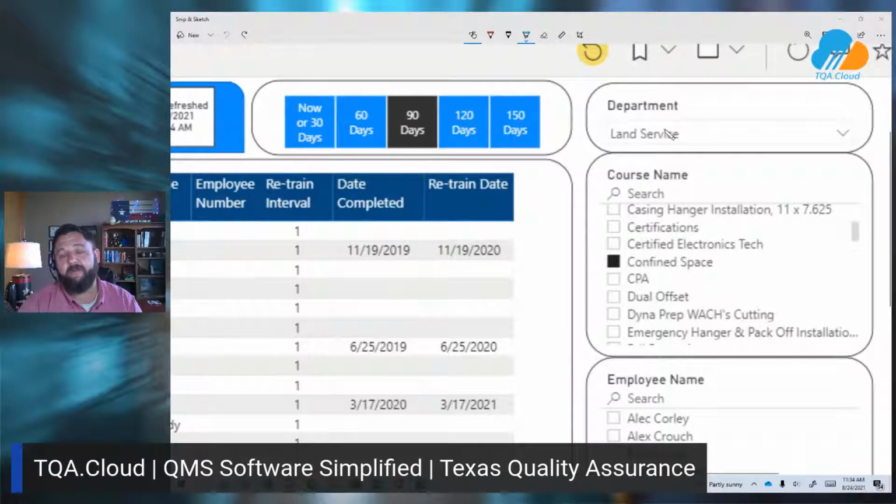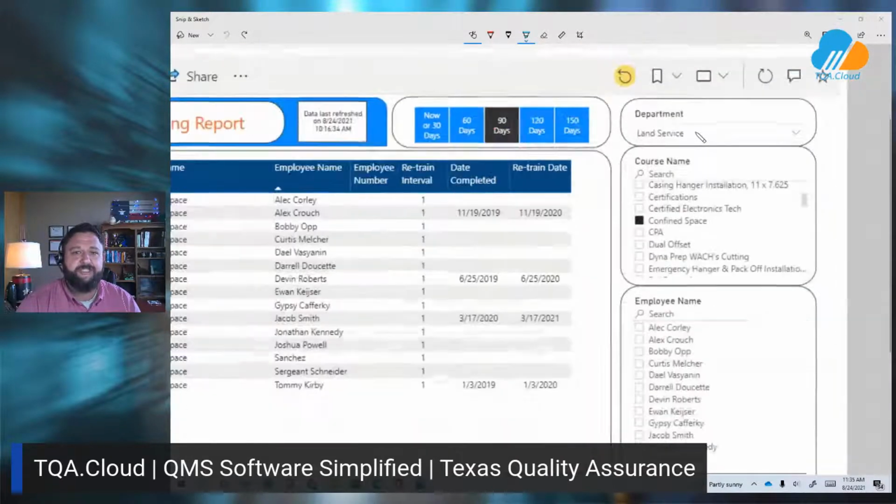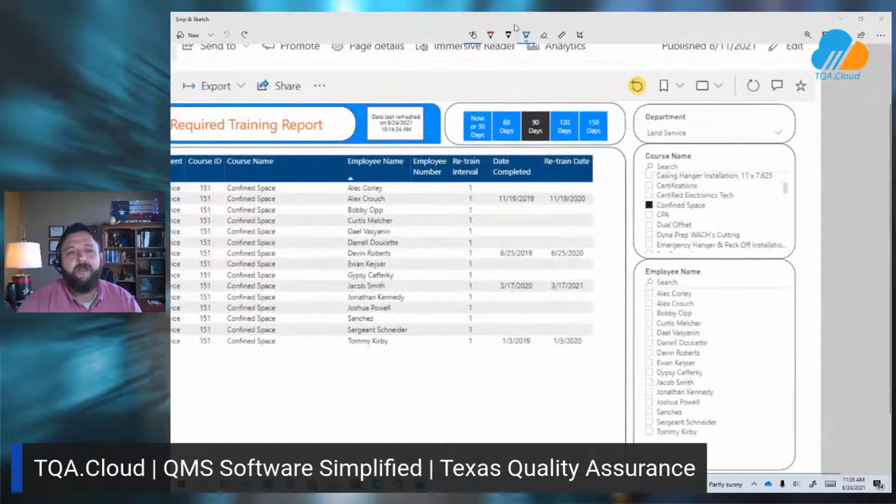So if we're going to take a look at the department, I remember in my early days as a safety manager, I simply assumed you cannot train people too much. It's hard to have too much training. We want everyone to have as much training as humanly possible. It's great. Well, I didn't really consider how expensive labor is. I didn't really consider all the overhead costs. I didn't consider the lost production. And so, needless to say, I had some fun discussions with management in the early days because I was training people too often and taking them off the production floor.